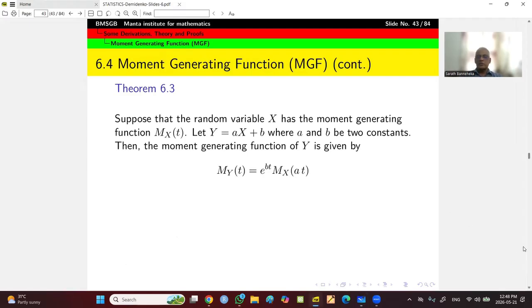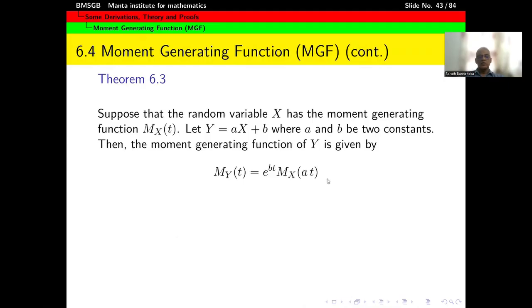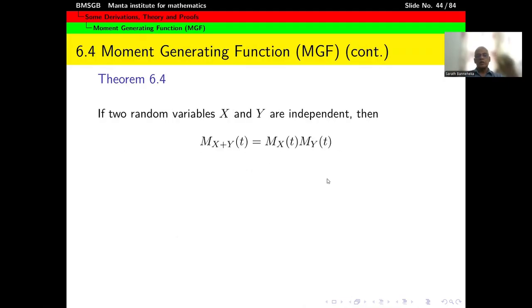Okay, so that is the first important result. Now let's look at the second important result, which is useful when you are finding the moment generating function of a sum of independent random variables. Suppose you have two random variables x and y which are independent. Then the moment generating function of x plus y, which is denoted by M subscript x plus y evaluated at t,